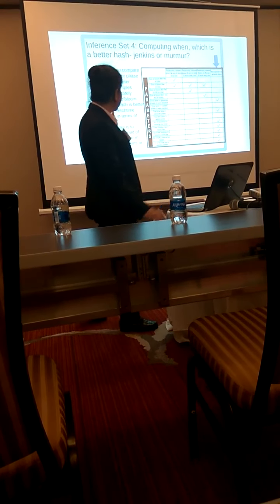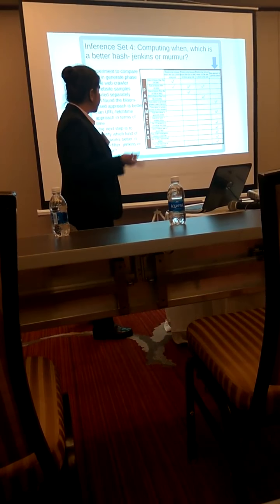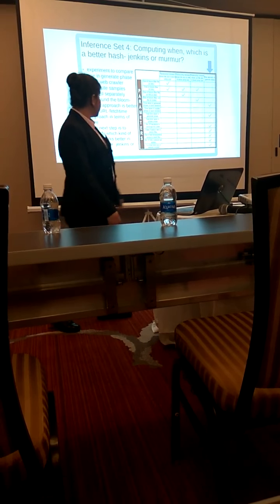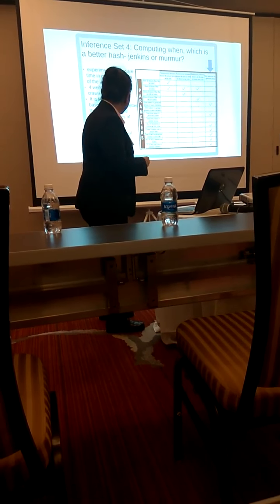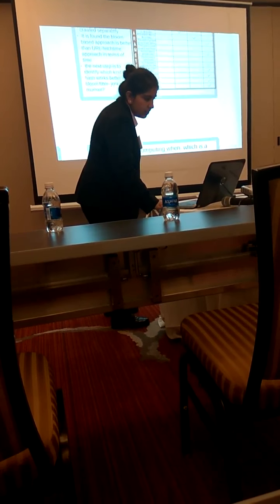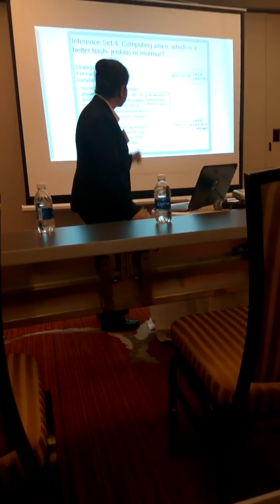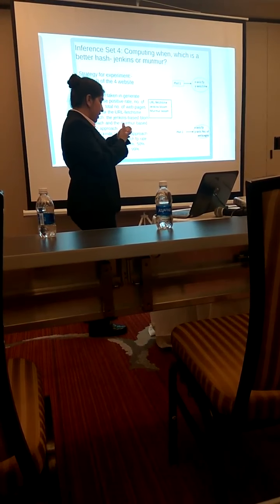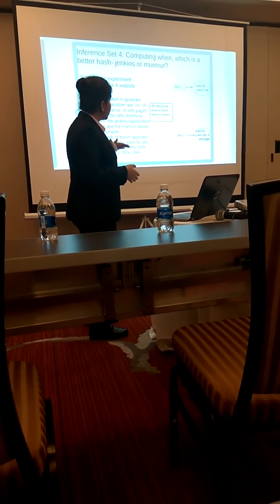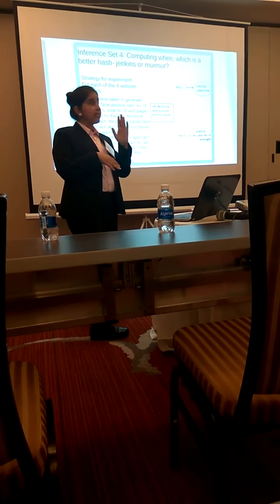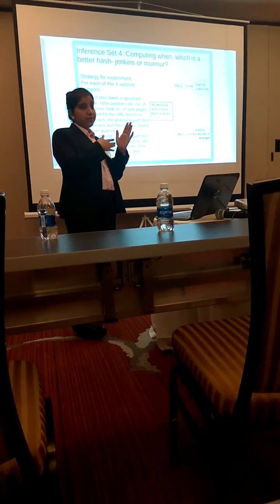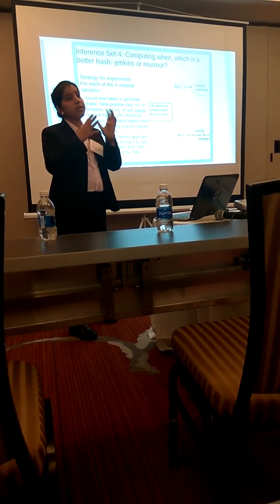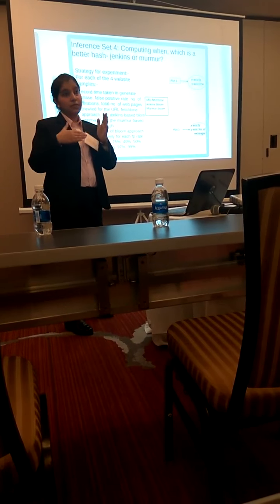So this is the main experiment. We'll see which is a better hash, Jenkins or Murmur, and moreover we'll compare them with the URL fetch time approach. This experiment uses a bit complicated strategy. I'll explain it. We have taken 4 website samples, and for each website sample we have 2 plots. Plot 1 is time in generate phase versus false positive rate, and plot 2 is number of web pages, or the percentage of website crawled, versus the false positive rate.